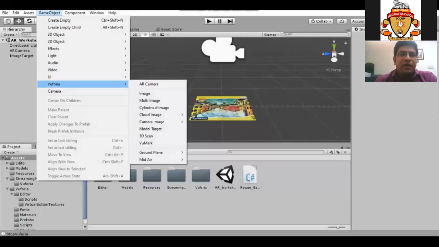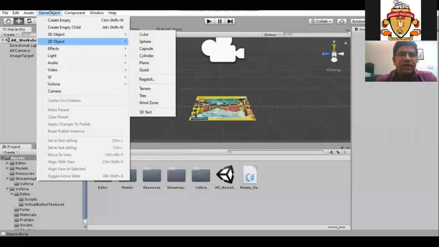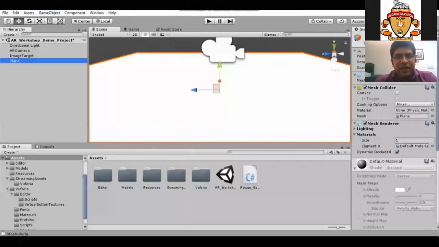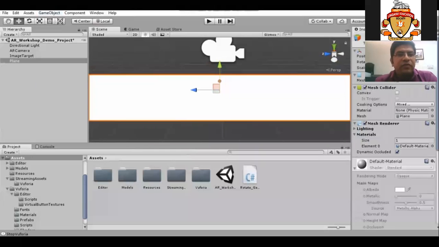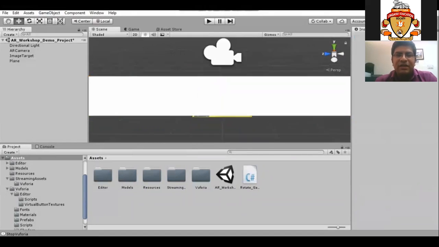So in Vuforia, in the same way, I will select the image and the 3D object as plane. Earlier it was cube, now it will be plane. Why plane? Because in this plane the video will be played. So we will scale it and make it equal in size to our image target.